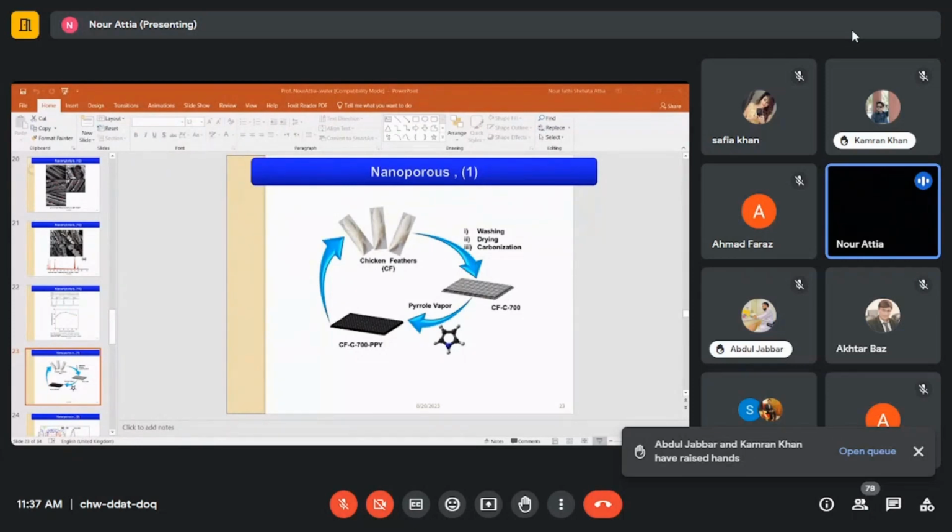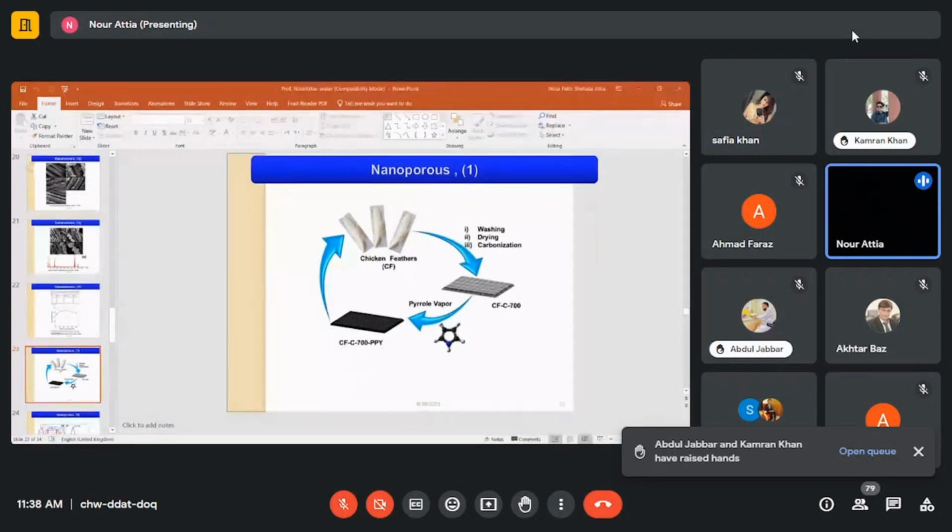Then people started to use recycling of biomass, reducing carbon, nanoporous carbon, and in the beginning they also prepared nanoporous carbon using a template way. They just use the ordered silica and fill it with carbon precursors, then finally remove the silica. Then they get nanoporous carbon, but nowadays people start recycling biomass. So in this paper,